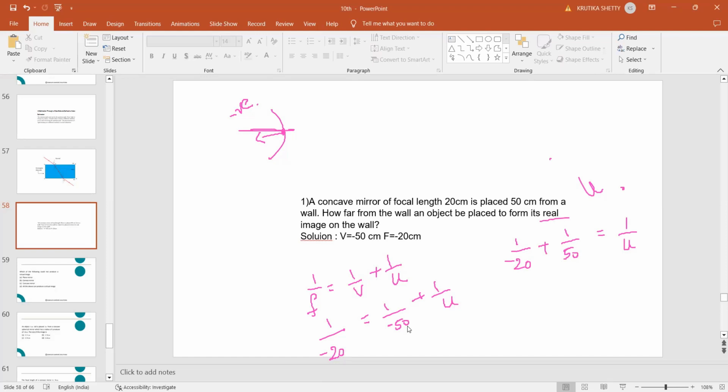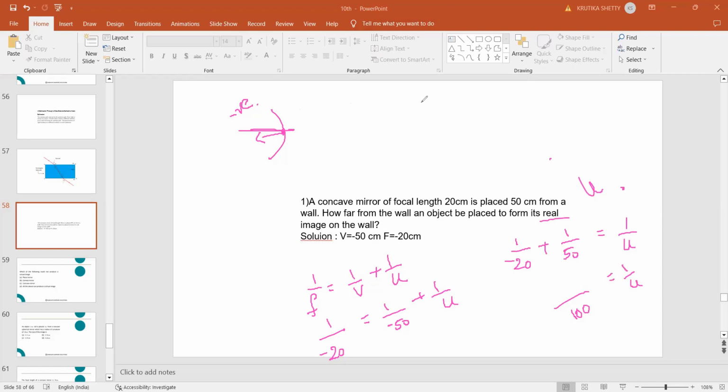Here the LCM will be 100. So 1 by u is equal to